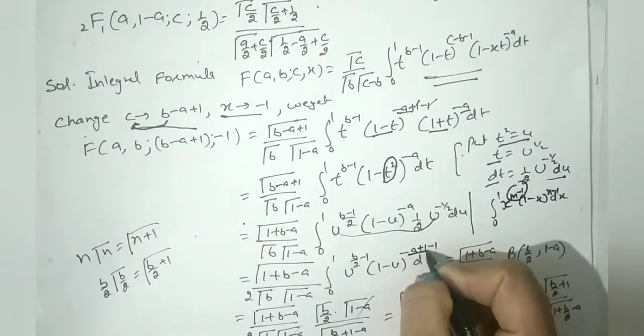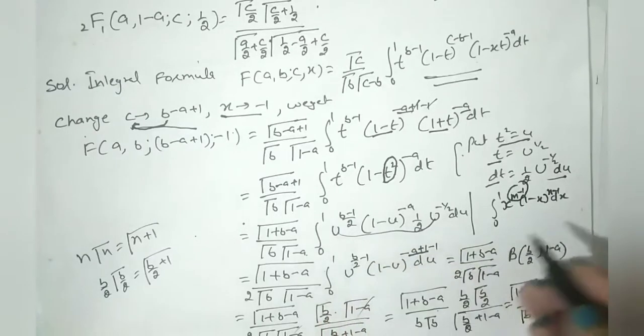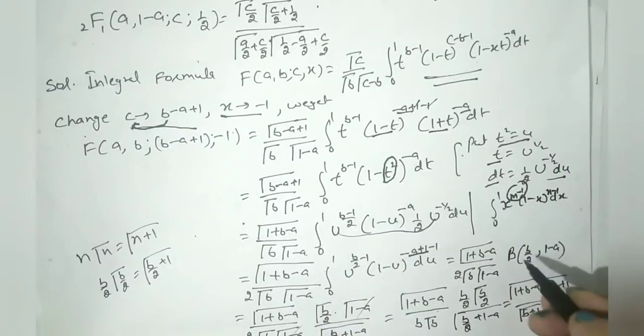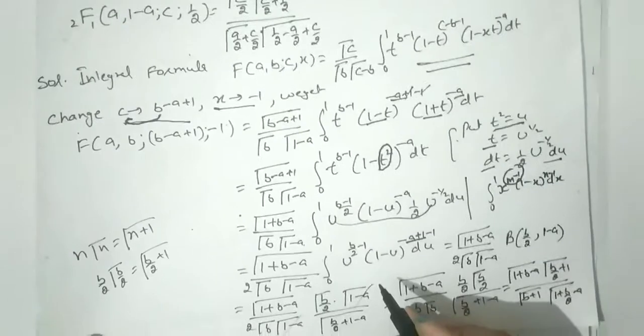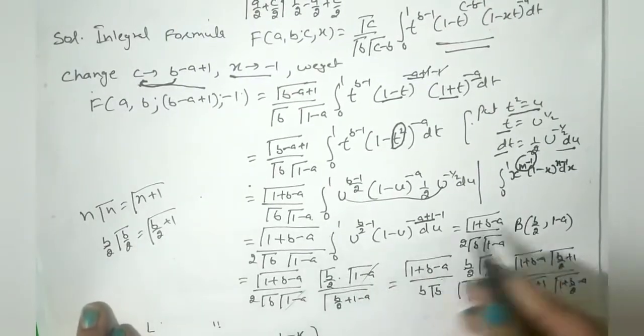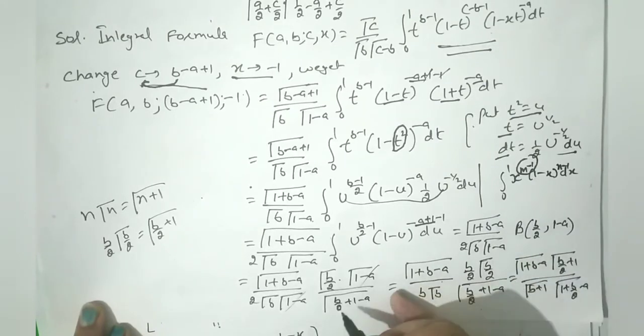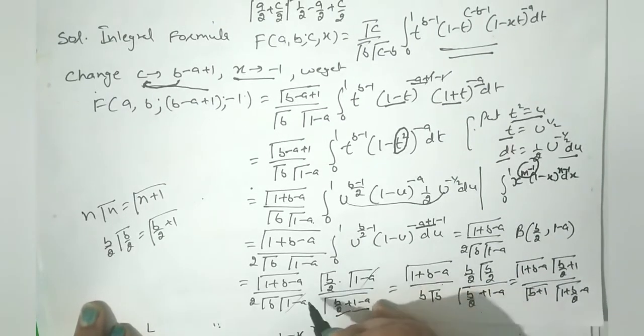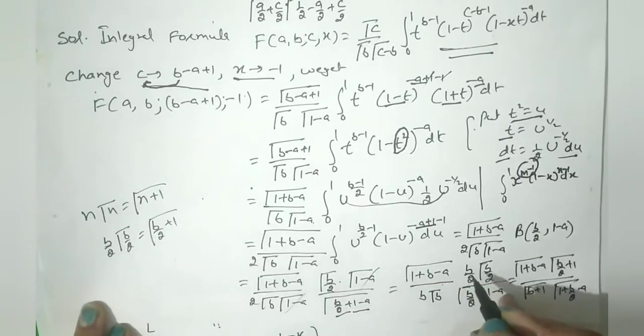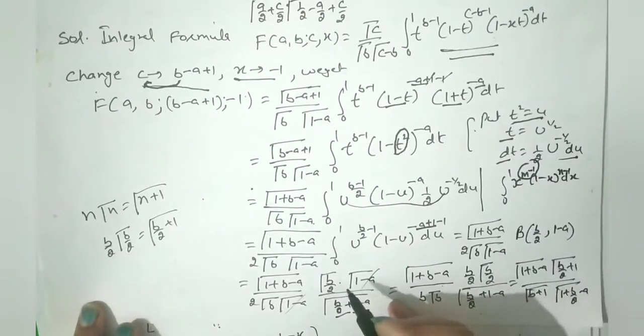So this is our n and this is our m. So this is beta m, n function. Beta m, n can be expressed in terms of gamma expression. So gamma of b by 2, gamma of 1 minus a, gamma of the sum of these two terms. So we see that these two terms cancel with each other, and what is left is,